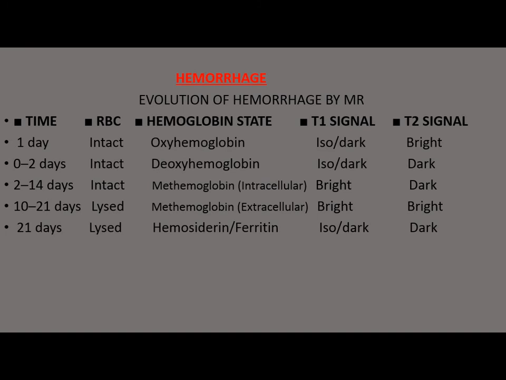What hemoglobin is the troublesome one? If you see it bright on T1, this is methemoglobin. Is it intracellular or extracellular? You look at the T2. When it is intracellular, it will be dark. When it is extracellular, it will be bright. Okay? So this is the idea. If you know them by how they work, you go for the